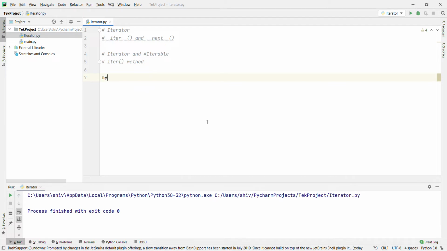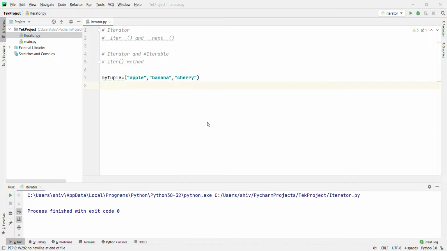Before that, let's create one tuple. mytuple equals apple, banana and cherry. Now I am going to use the iter method on the iterable, passing mytuple.